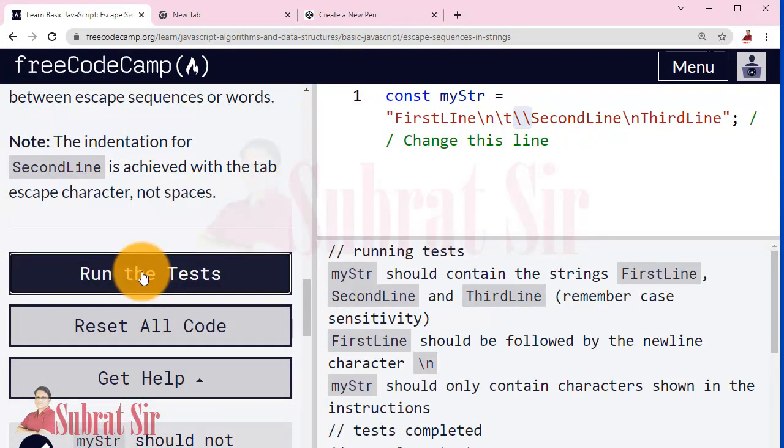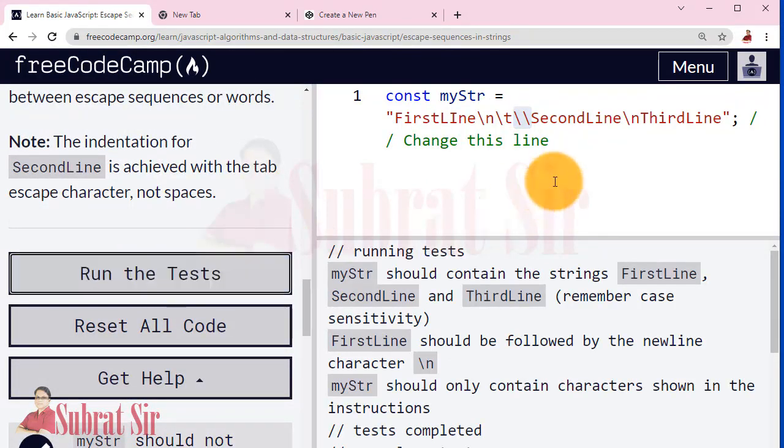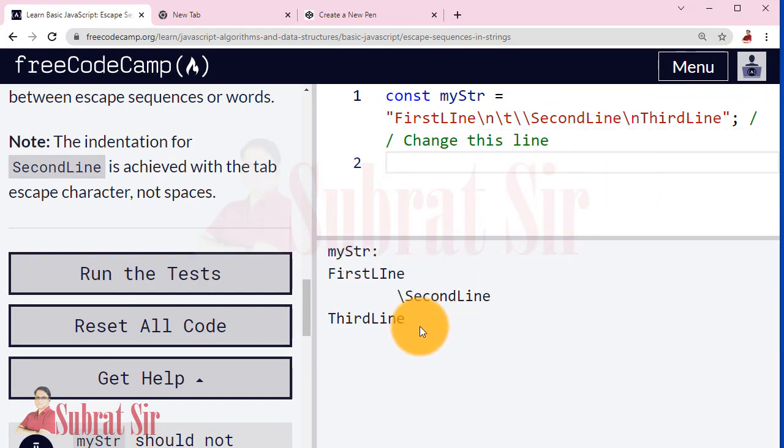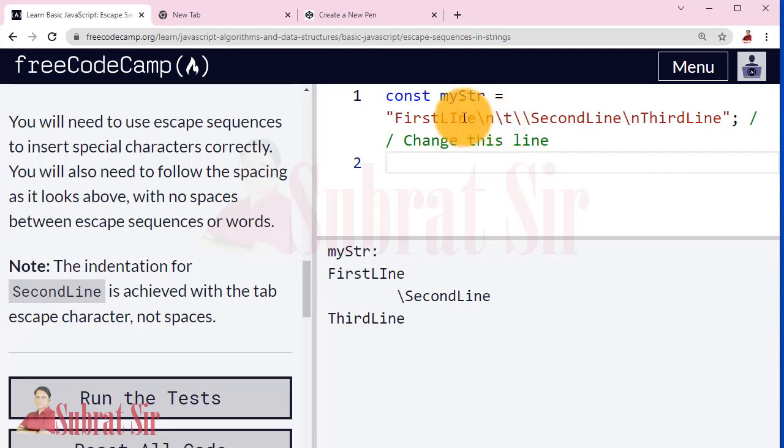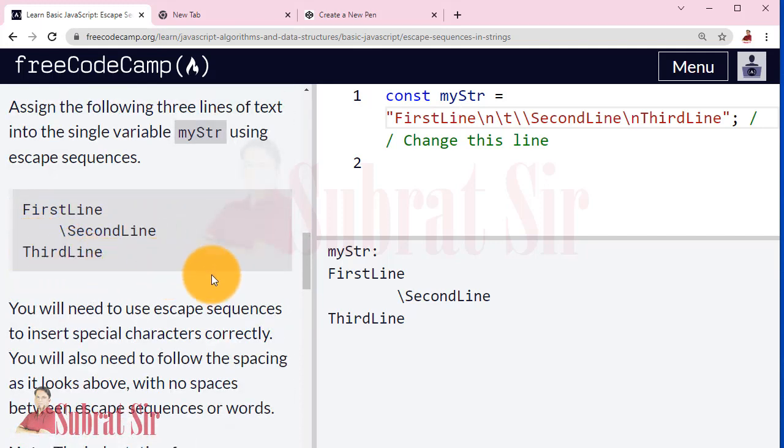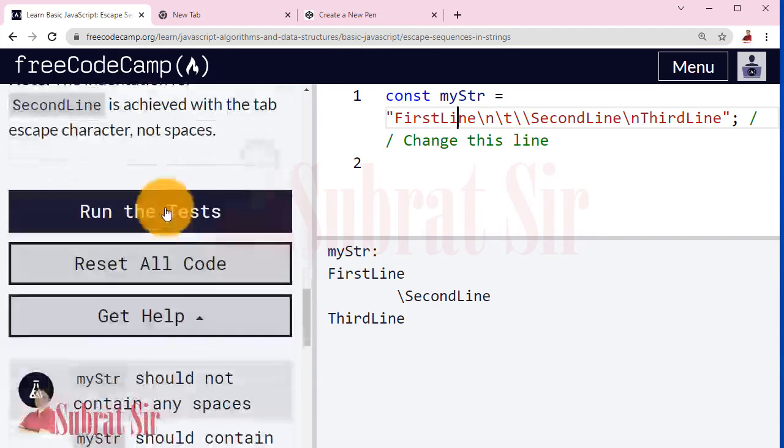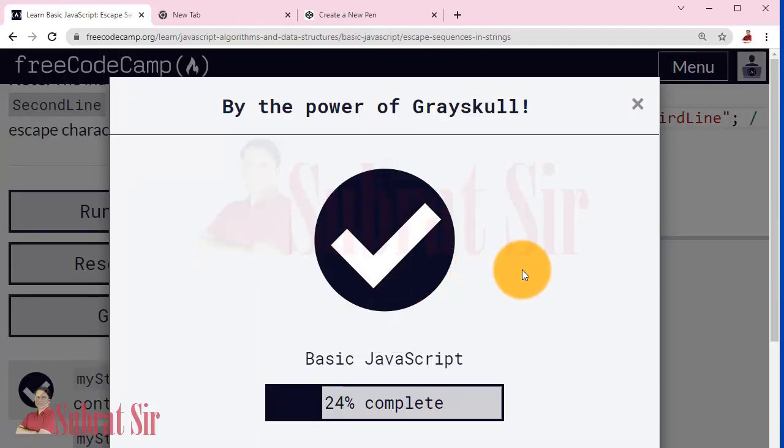Okay, run the test. Still showing error. First line, second line, third line. Yes, now I think the output is correct.